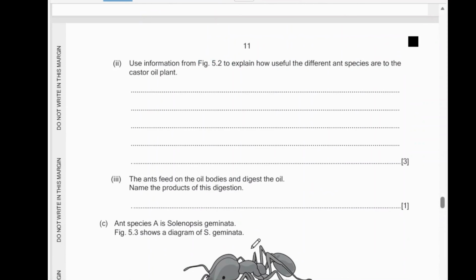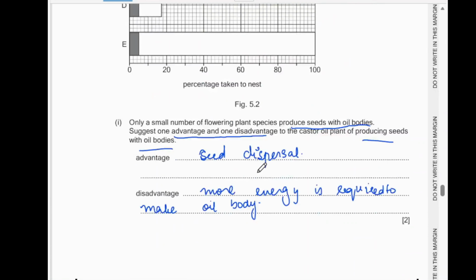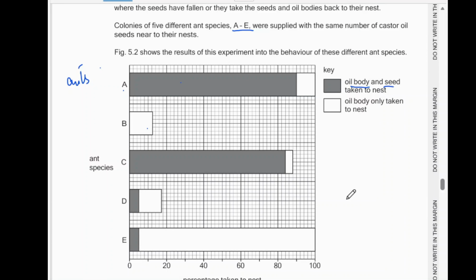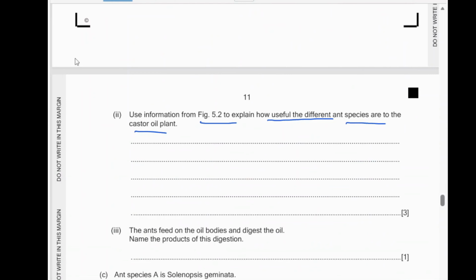The next one: use information from the graph to explain how useful the ant species are to the castor oil plant. What do you think, which species are more helpful in seed dispersal? Species A and C are more helpful, while B, D, and E are less helpful. So we would write this: species A and C are more helpful in dispersing seeds